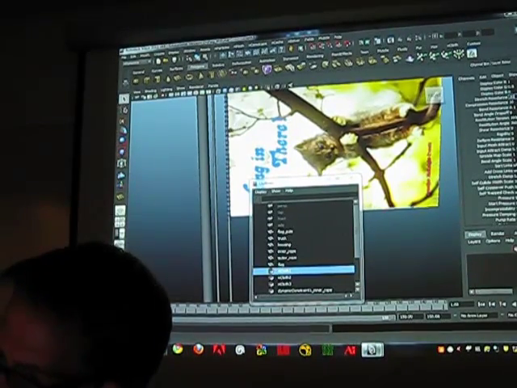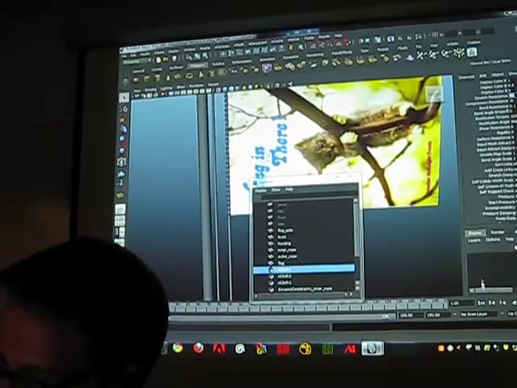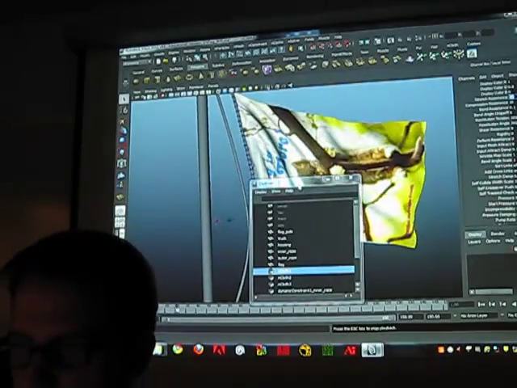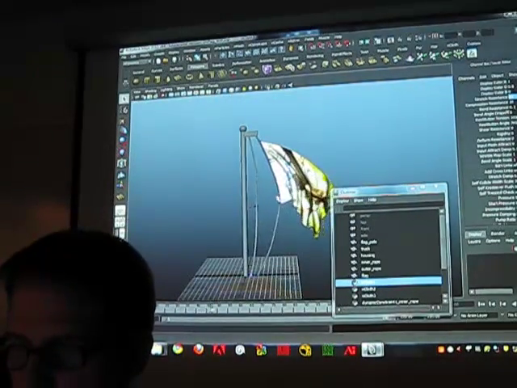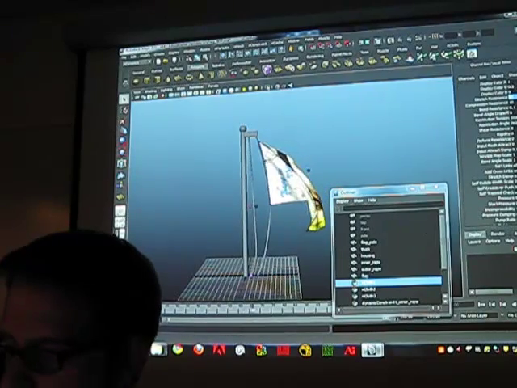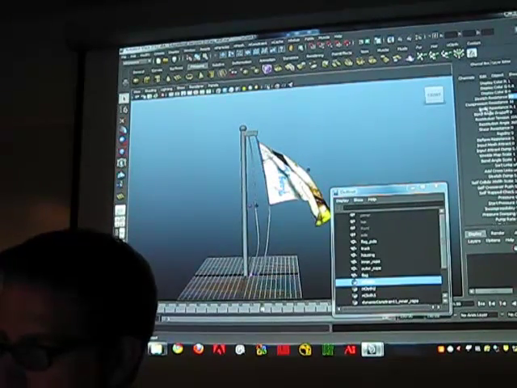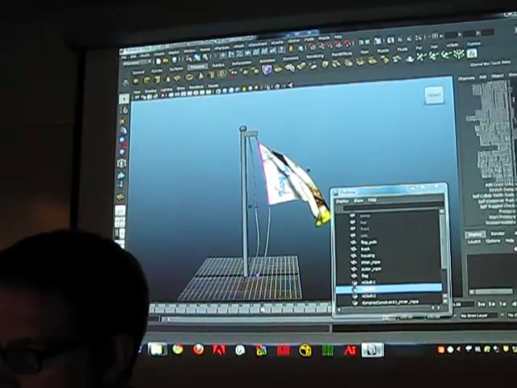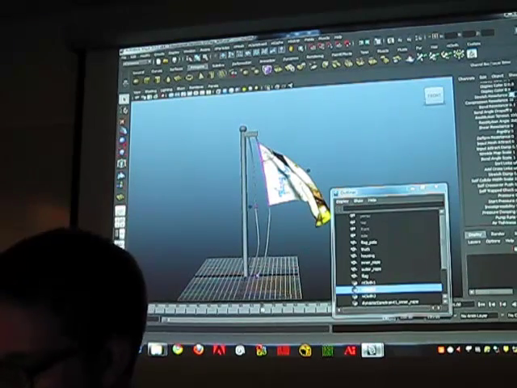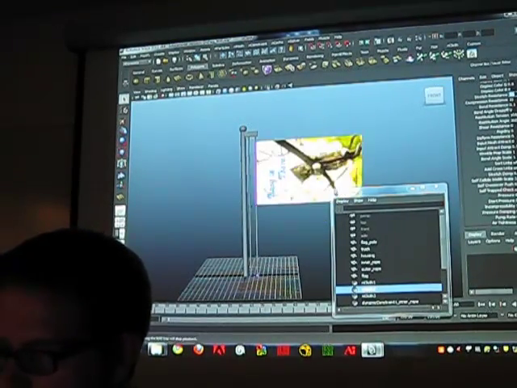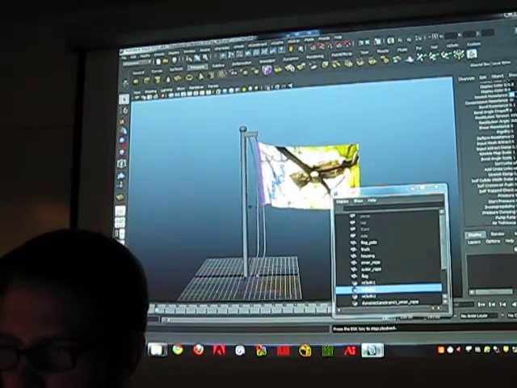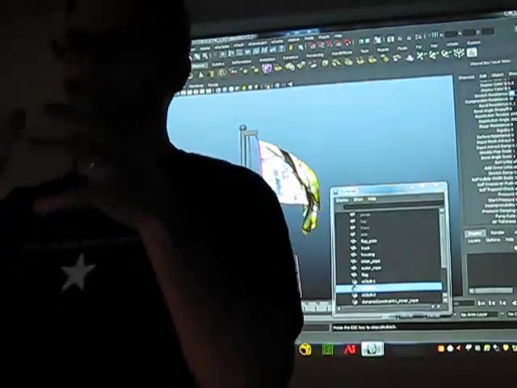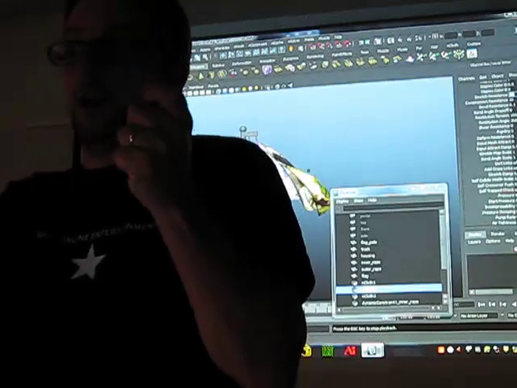I'm going to go to the stretch resistance and say like 80 on that. Let's see what that looks like. I just did it to this inner rope right here. Okay, so I'm going to do that to the other rope too. Stretch resistance, 80. What that'll do is keep your geometry. You want your geometry to have the same mass the whole time. You don't want it, as soon as the wind hits it, to pull out like taffy,